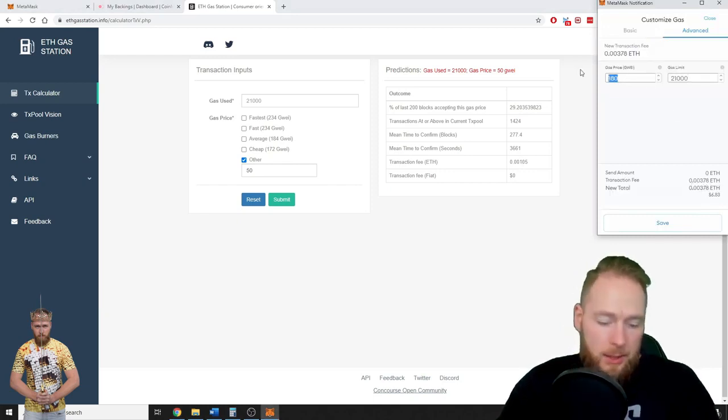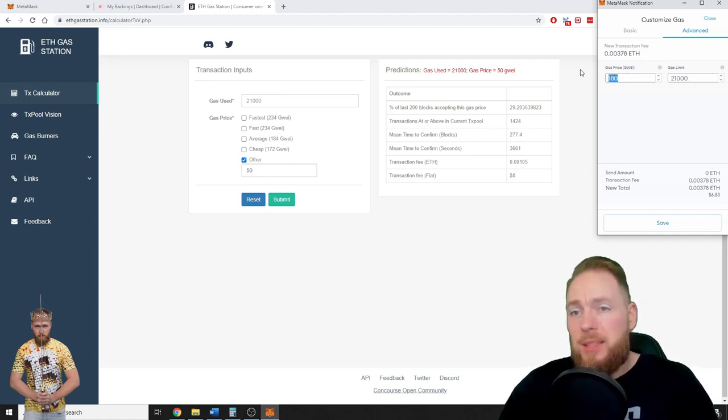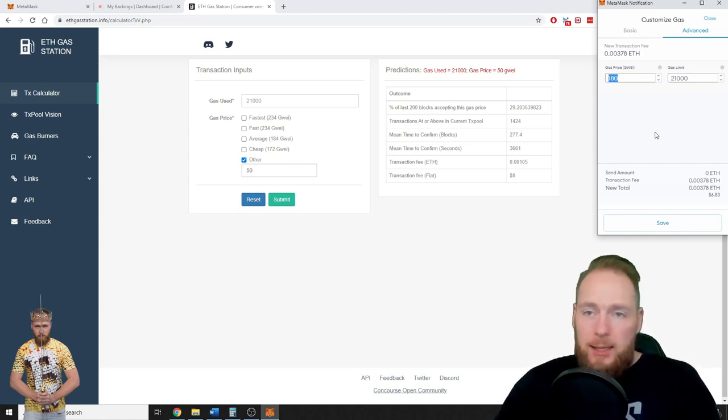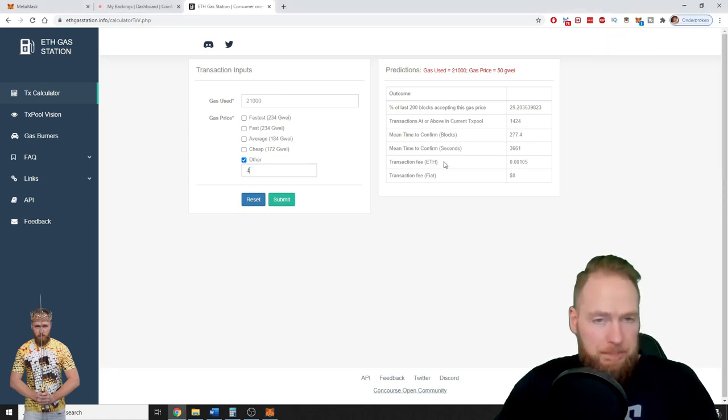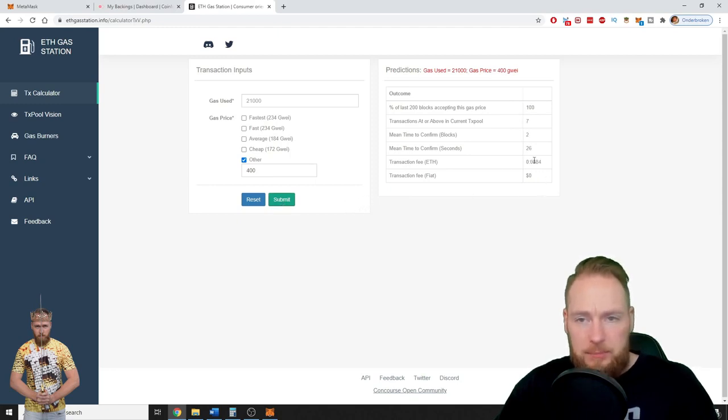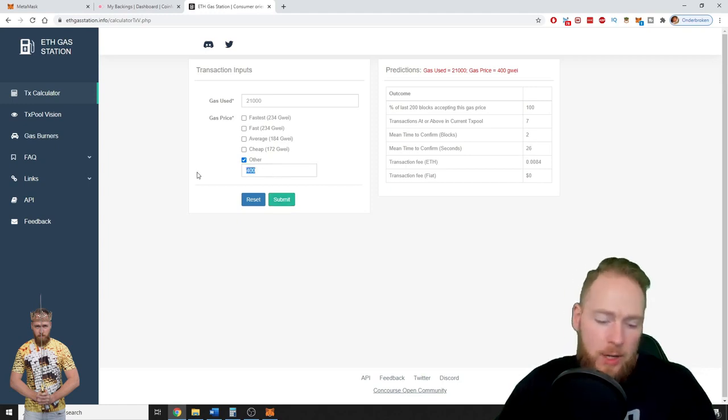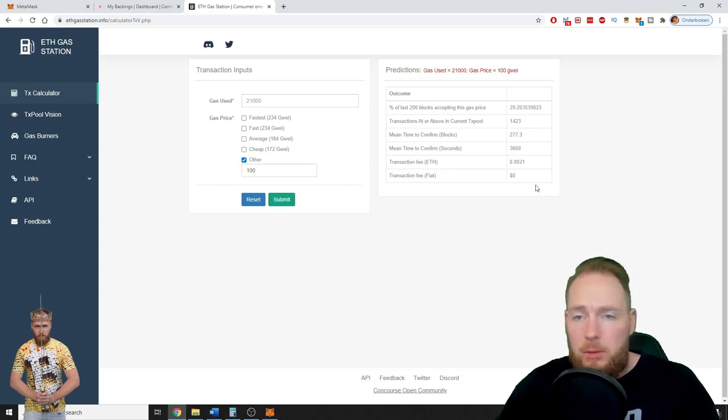So you can adjust the gas price as well, but the lower you put the gas price, the longer your transaction will take to arrive. So if you need your Ethereum fast, well, then you can check here as well. For example, 400 gas price. It will take you around 26 seconds, but if you can wait a little bit longer, well, you can check a little bit here. So for 100 GWEI, it's